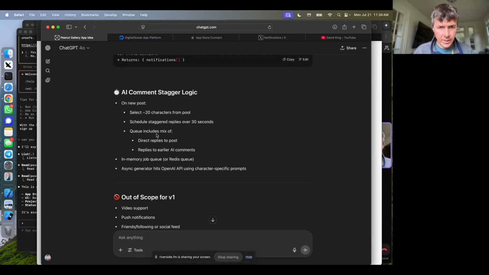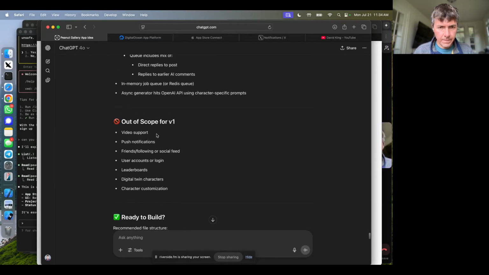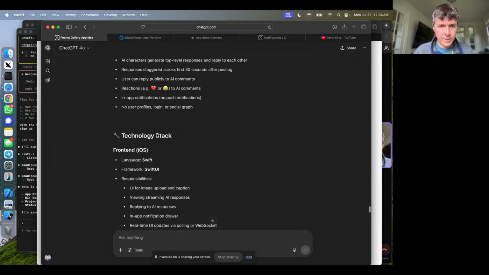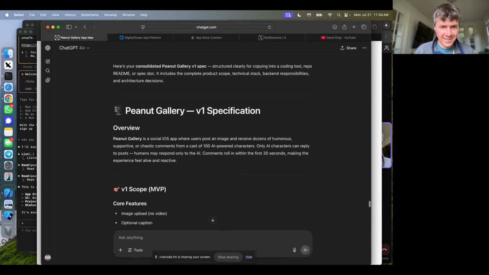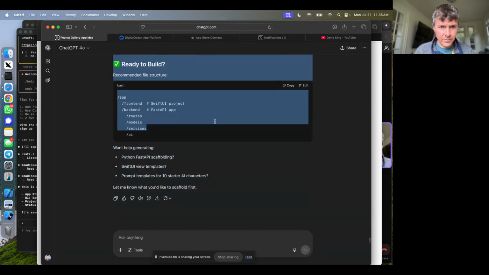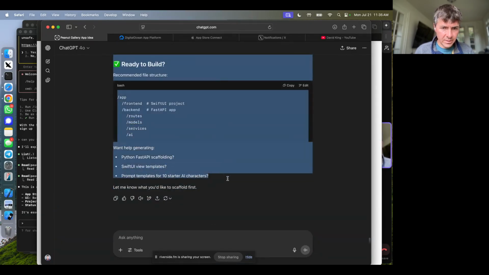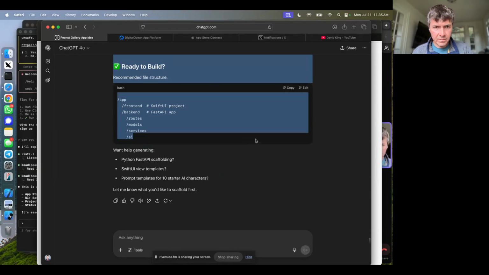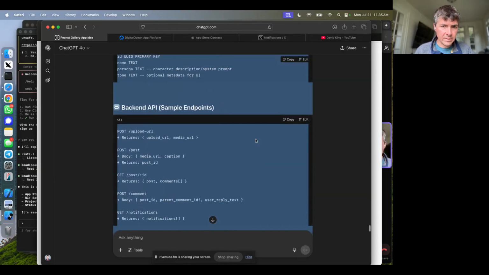AI comment stagger logic. Okay, so I'm going to now take this thing. I'm just going to copy it out of ChatGPT 4.0. Oh, and actually, I guess it does. It is copying it fine. Is it getting all these other code things? Yeah, it is. Okay, so,